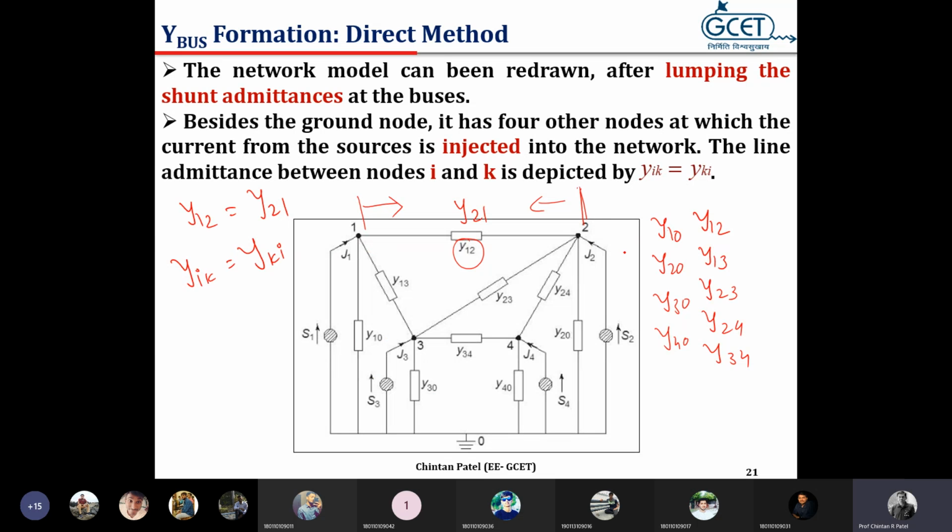So remember these important points. First, there are two types of admittances: one connected between two actual buses and another connected between one bus and ground. Second, whether we see from 1 to 2 or 2 to 1, the admittance remains the same. Okay, now remembering this,